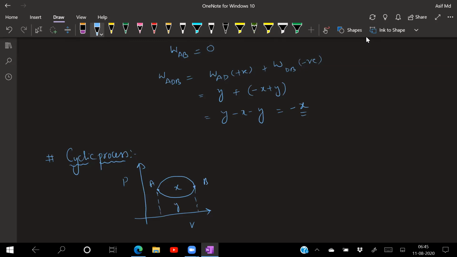So this one is one area, and this one is another area. I'm going like this, giving an arrow mark. So A to C like this. Again from B to C like this. Now tell me, what is the work done from A, B, A? That means cyclic process. I started from A, and I'm reaching the B. Again from B, I'm reaching the A. Is it a cyclic process or not?